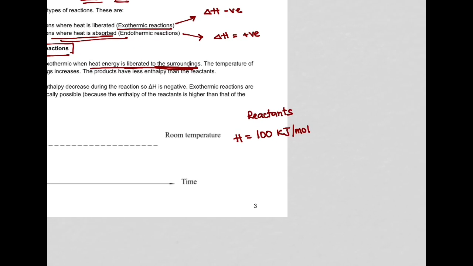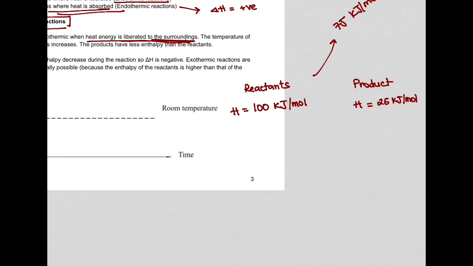When these reactants undergo an exothermic process, we find that energy is liberated to the surroundings. So 75 kilojoules per mole will be going to the surroundings, which means that the product only has 25 kilojoules per mole left. So there is energy liberated to the surroundings,